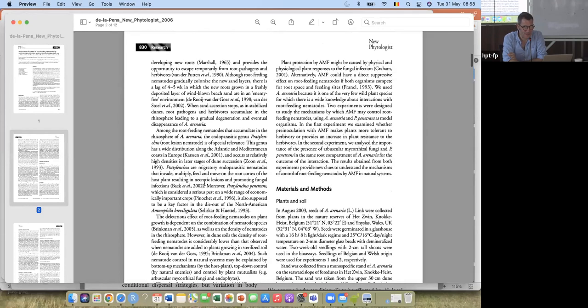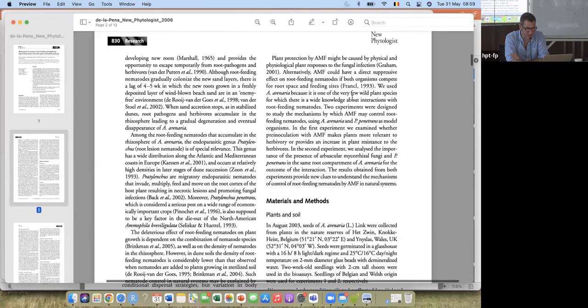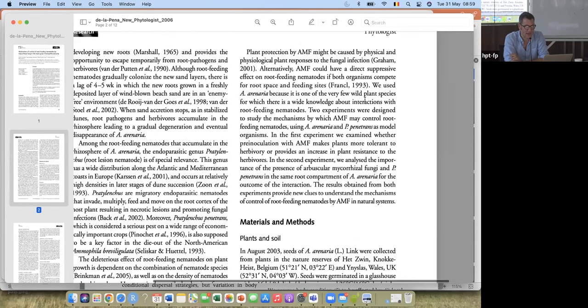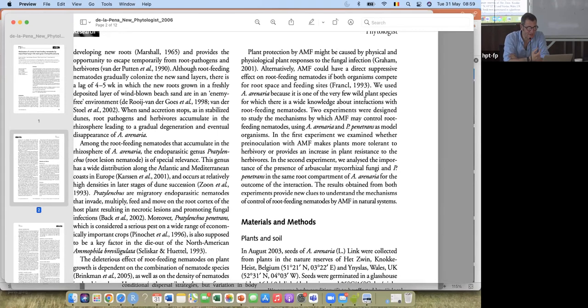And then in the final paragraph, you usually present the knowledge gap and what you are going to do to fill this gap. If you read the final paragraph here, I define the knowledge gap, and I explain very briefly what type of experiments I'm going to do to fill this gap. So I did 2 experiments to test the role of nematodes and the interaction with mycorrhiza on the plant. So you define the knowledge gap and you explain very briefly what you are going to do.